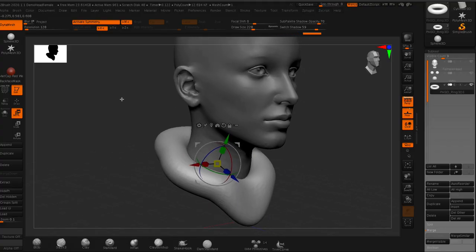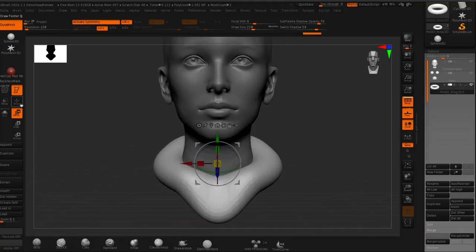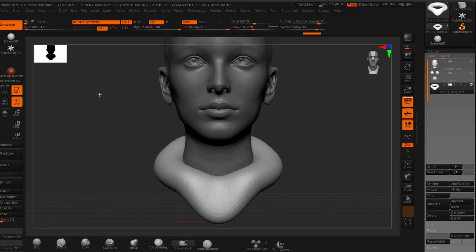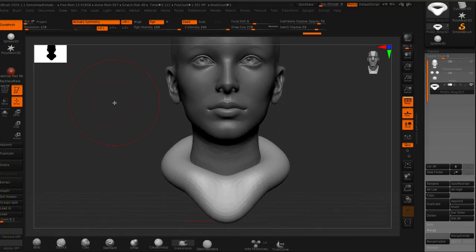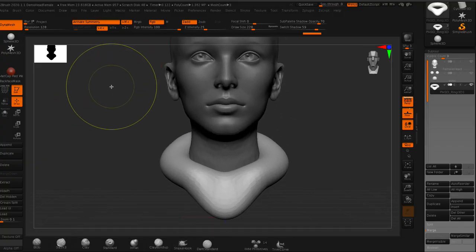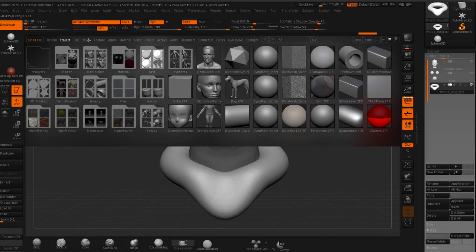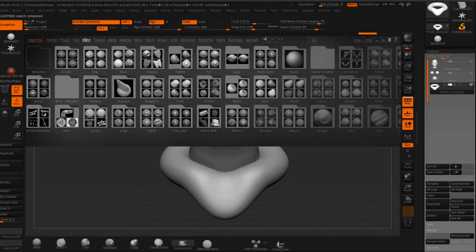But if you weren't going to do that, what I will sometimes do to cheat is, first I just want to remind everybody that I'm going to put Dynamesh on, make sure the blur is off, and I'm going to divide it once. Okay. Now I'm going to go to the light box, and I'm going to go to Brush,